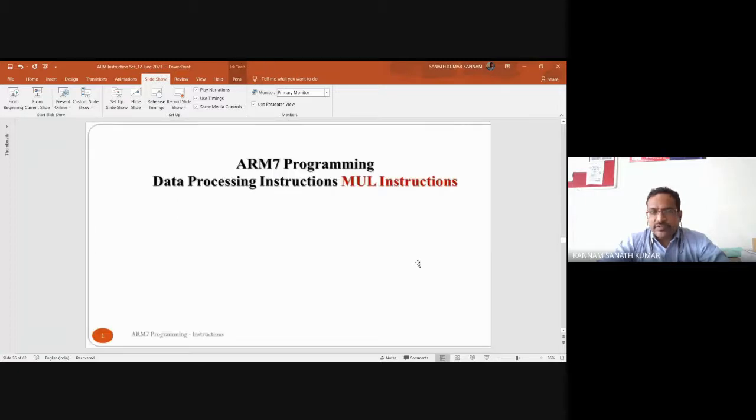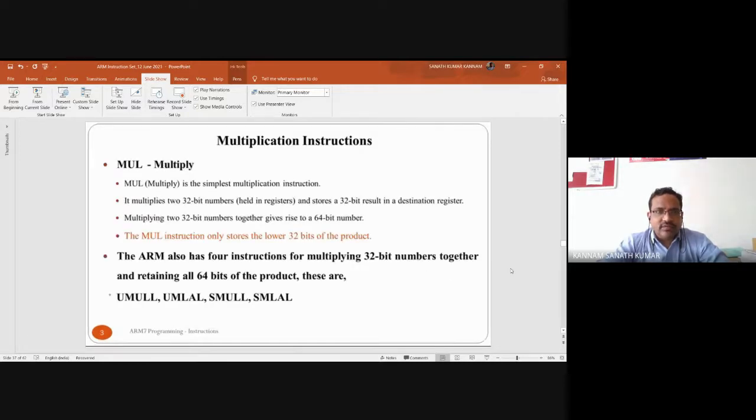Next we will see the data processing MUL instructions, the multiplication instructions. MUL is nothing but multiply. It is the simplest multiplication instruction. It multiplies 32-bit numbers held in registers, and it stores the 32-bit result in the destination register.